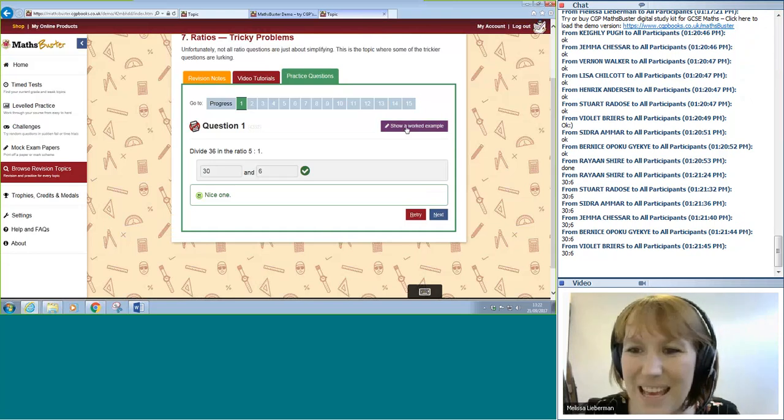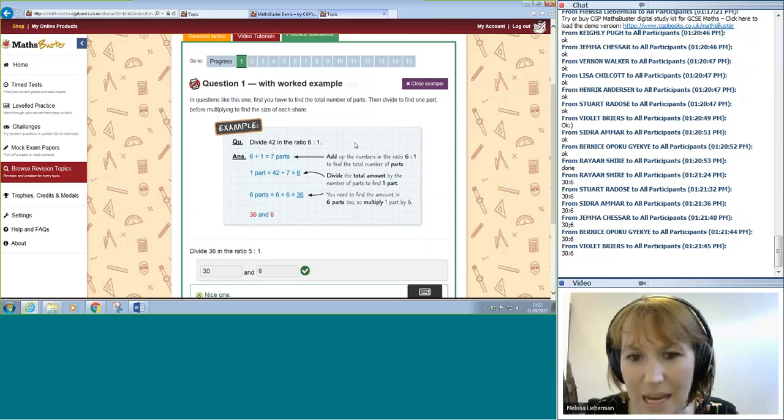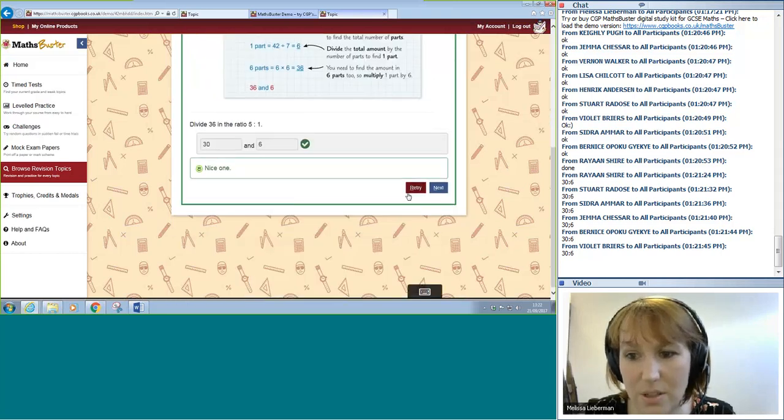If you're not sure how to work it out, you can click on show a worked example there, and it will show you how to work it out. So for example, divide 42 in the ratio 6 to 1. Add the 2 parts together, 6 plus 1 is 7. So 1 part is worth 6, and then you work out 6 times 6 and 1 times 6 to get the 2 numbers. And if you wanted to do that question again, you could just press that and you would